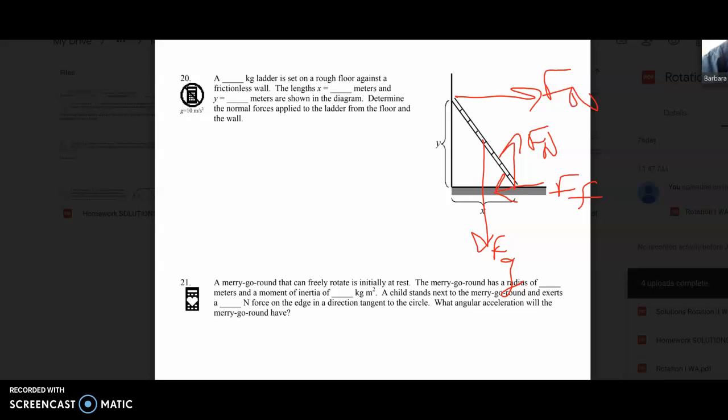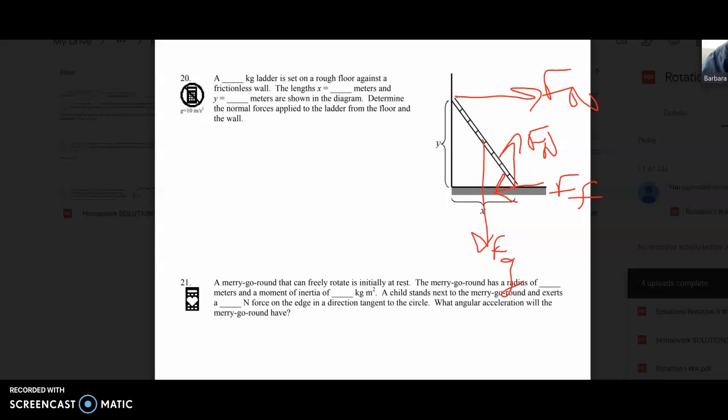And you get to pick where you choose to be the pivot. Okay, so you could choose here, or you could choose here, or you could choose here, right? So conventional wisdom says choose the spot that's the most complicated, because since torques are R cross F, if you put the pivot where the most forces are acting, when a force acts directly on the pivot, it doesn't produce